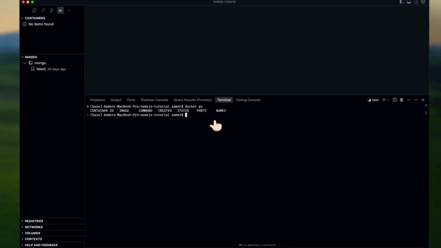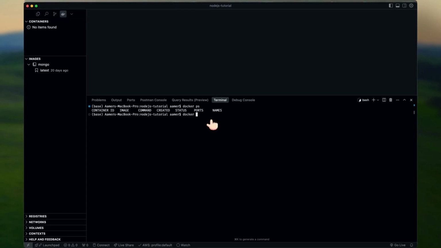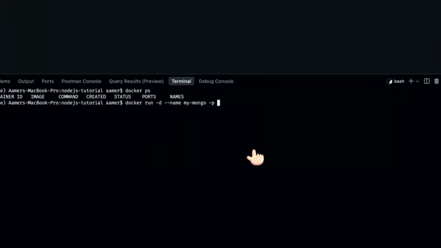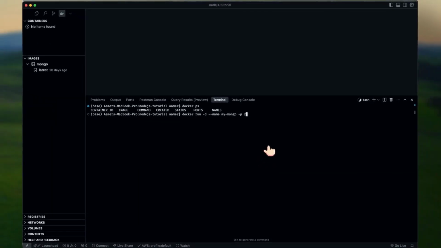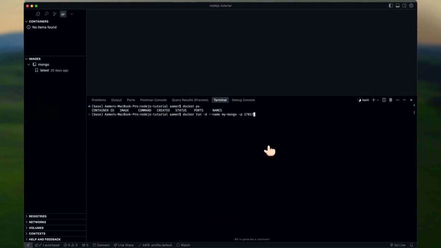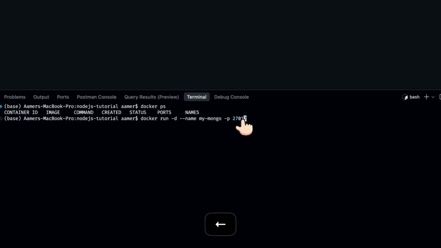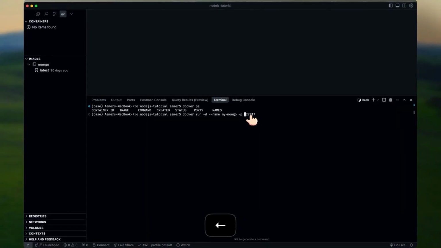Okay, now you have to run a command called docker run -d, which is nothing but detach mode, then --name, and give a name for the Docker container, any name. I'll just give the name my-mongo. You need to assign which port that container should run on, because this machine can have multiple containers, right? So you need to access that one. 27017 is the default port. This port belongs to the container. I'll be exposing that to